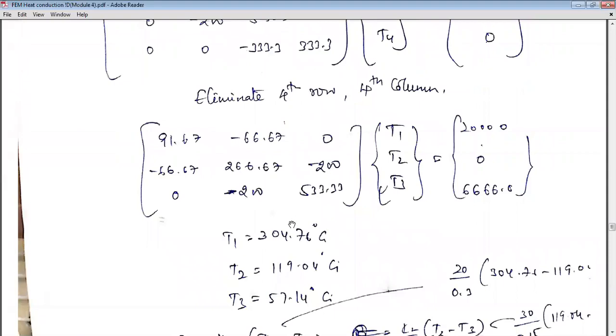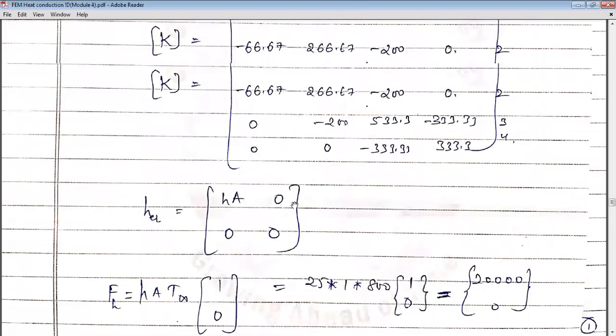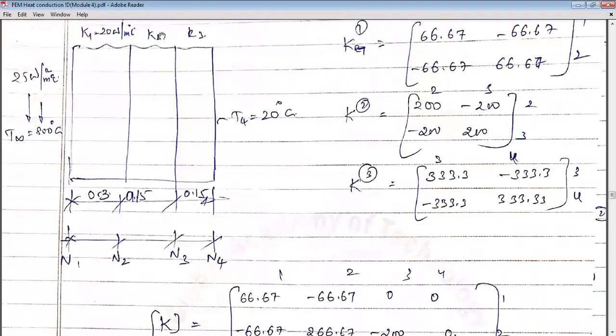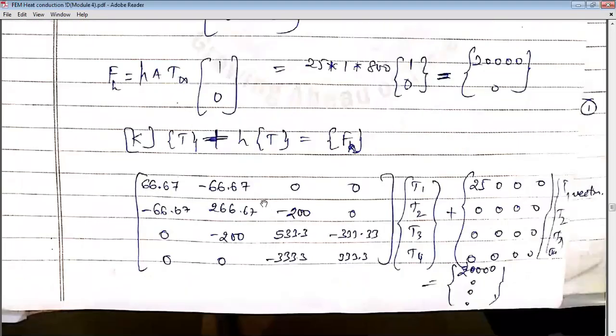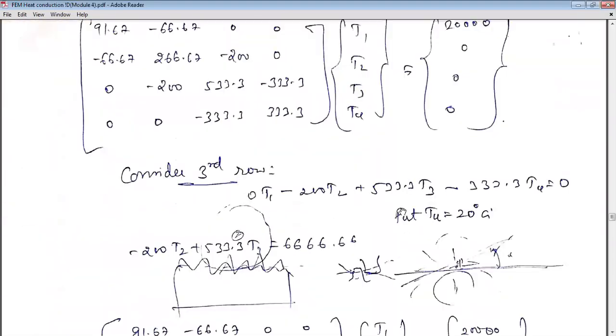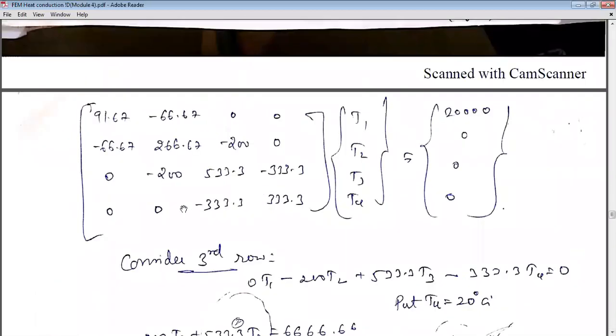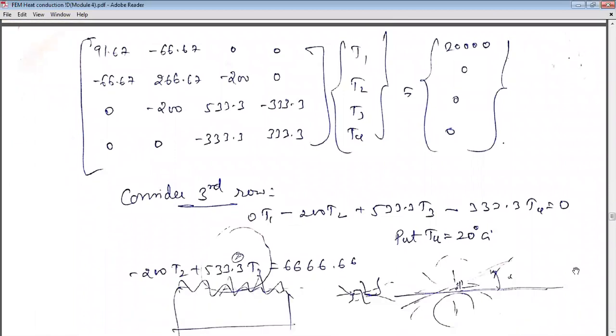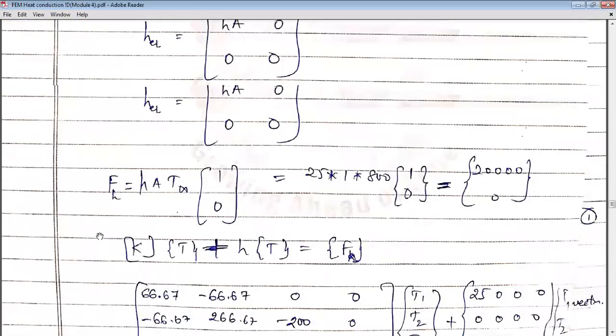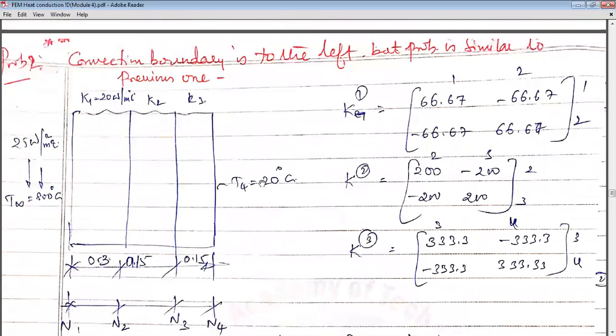So look at this. In this problem, K2, K3 is absent. The absent in the sense the data is missing. So if you have the data, correspondingly you get the values and the technique goes as it is. I'll once again explain this very important step. I'll explain here boundary condition, how to take out. So what is the boundary specified here? T4. Observe here.